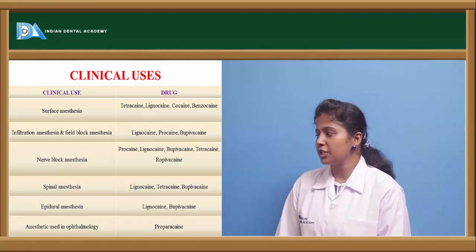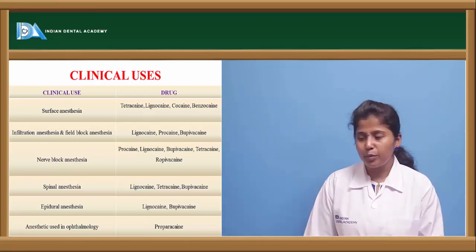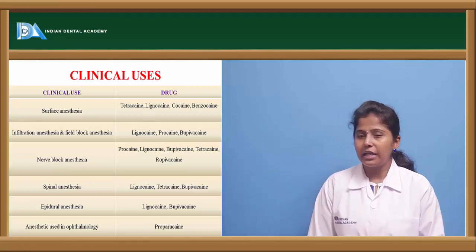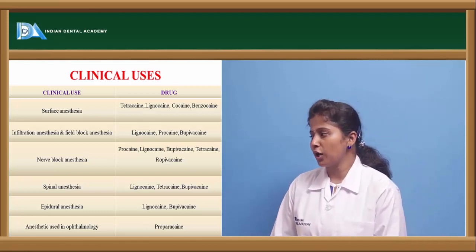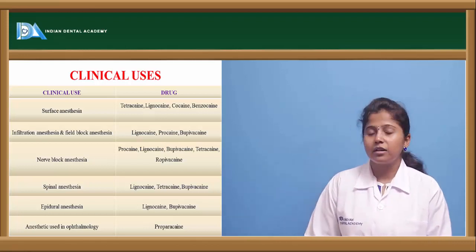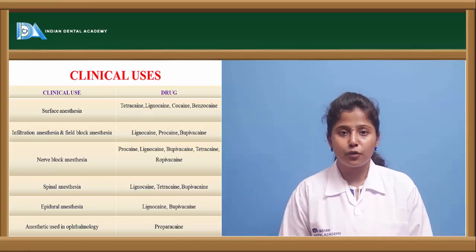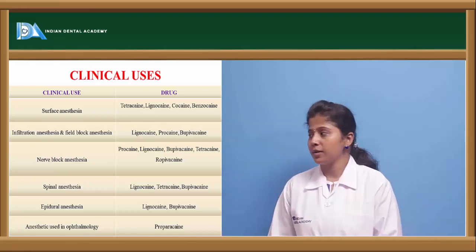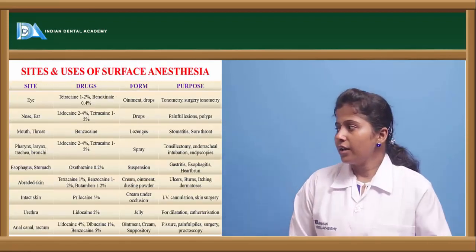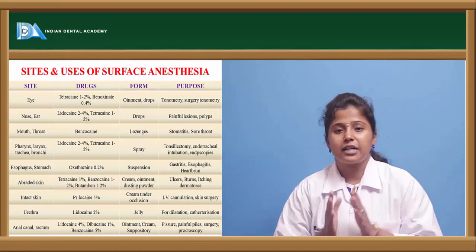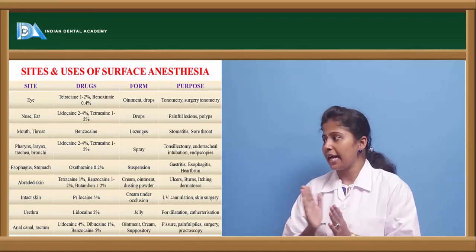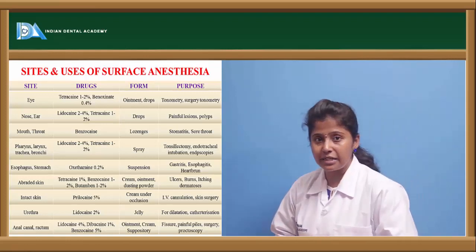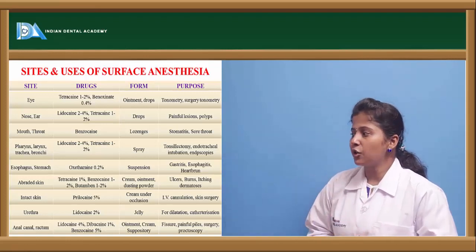For spinal anesthesia, lignocaine, tetracaine and bupivacaine are given. And for epidural anesthesia, lignocaine and bupivacaine are the drugs of choice. And for anesthesia used in ophthalmology, a drug like proparacaine is used. So here we compare the site of action where these local anesthetics are acting and the uses of surface anesthesia. So here at the site of the eye,